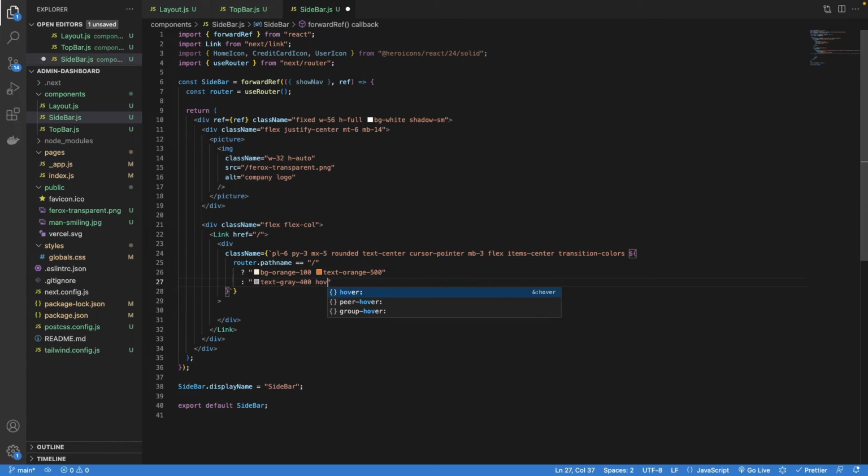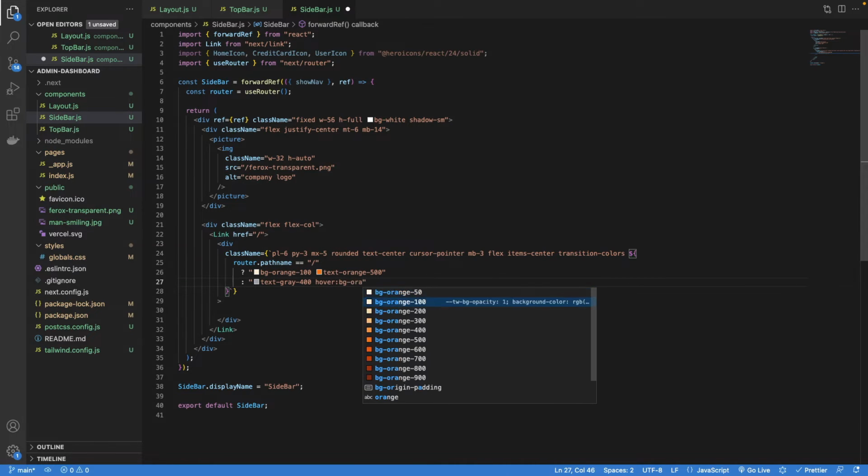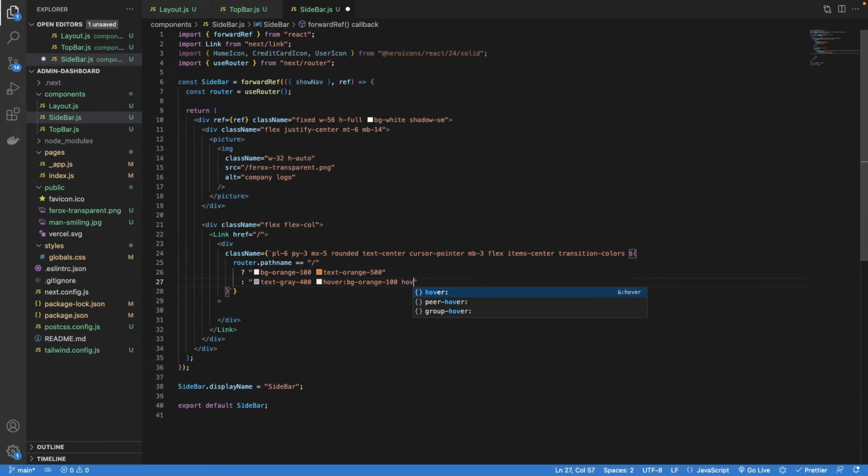We'll do hover background orange 100 and hover text orange 500. Okay, so a lot going on there, but